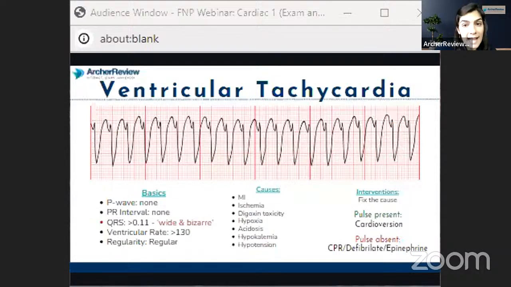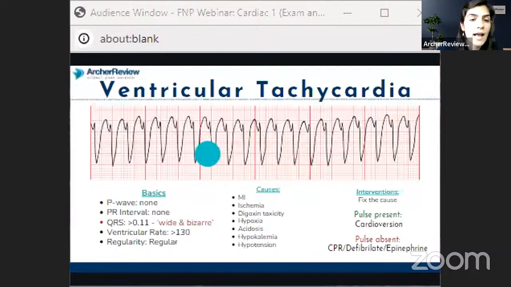So ventricular tachycardia, in this scenario, hopefully you're not seeing it in an outpatient setting. If you are seeing it in an outpatient setting, hopefully you've already activated 911 and the ACLS protocol on this patient. But basically, ventricular tachycardia may signify coronary artery disease or MI. And so in this patient, how you know that it's a ventricular arrhythmia, you're seeing this wide and bizarre QRS